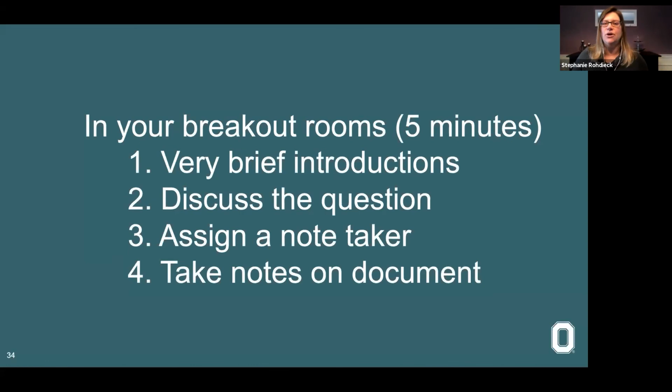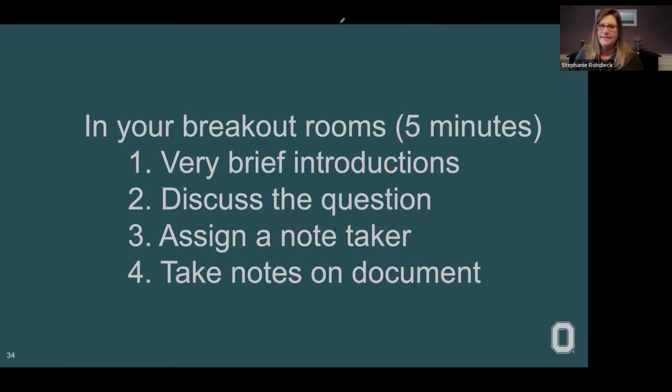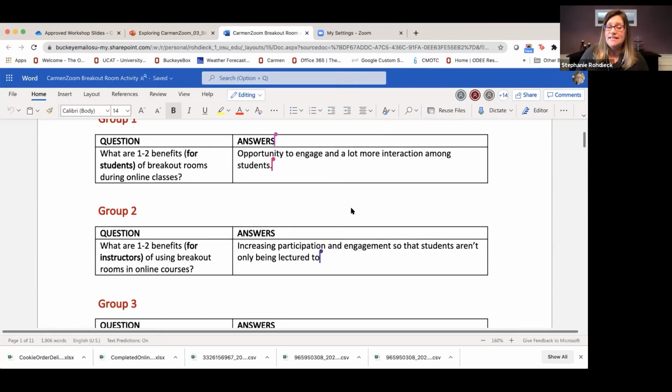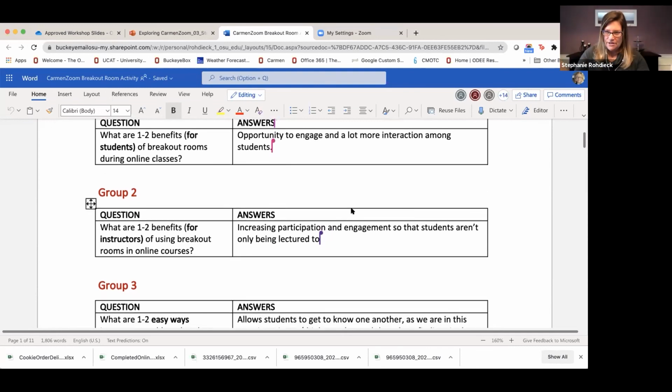All right. So I just want you to try it out for like 5 minutes or less. So if I were to debrief this activity, I would put up and share the document that you were all in so everyone could see what the answers were and we could talk about it. Or I could say, okay, someone from group 2 in the chat, or I can have you unmute yourself, right? Tell us a little bit, answer that. Right. So I love using collaborative documents a lot because I think they're really valuable as a space where everyone can see what we're all doing.